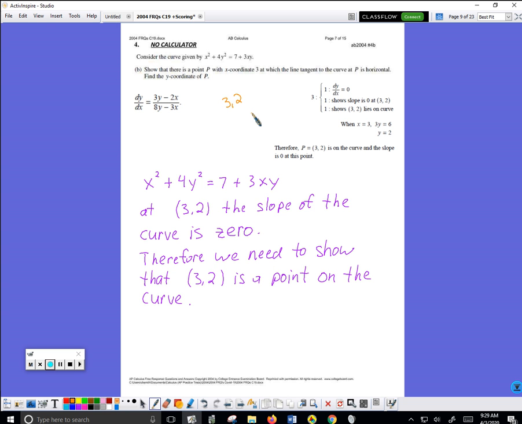Did that make any sense? So you just have to prove that that point really is on the curve where you're finding the tangent line? Right. So I've already proved that at x equal 3, y equal 2, the slope will be 0. Like I've done that. Now what I have to show is,